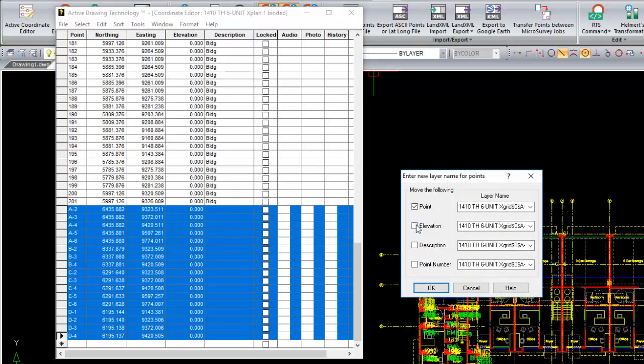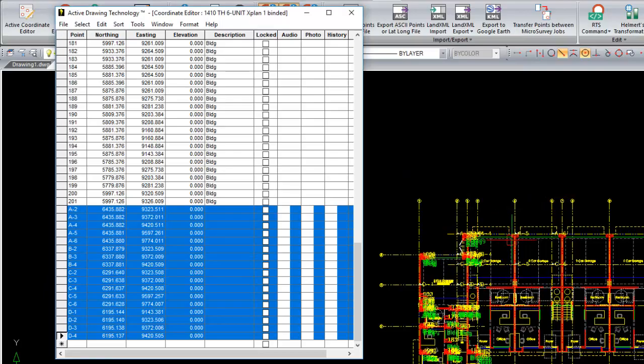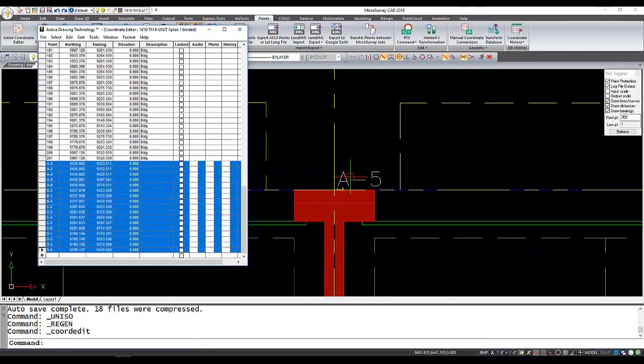And here I'm going to tell it to move everything from the layer that was already created to a new layer, and I'll just give it a date. And I can highlight that and just copy that name into all the other fields. So it's going to create a new layer. It'll be white color, and it'll be called June 2018. And the point node and all of the point IDs and so forth are going to be moved to that